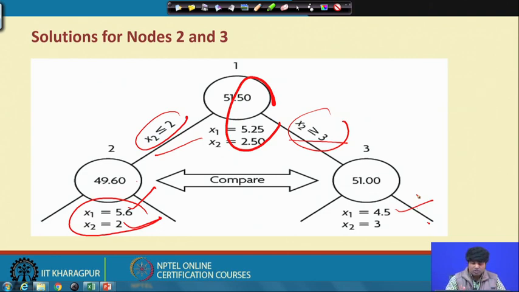So, technically corresponding to the original problem and the optimal solution, we have two different branch problems, and again corresponding to each branch we have two different sub problems. So now we have four different sub problems, and again we like to check the optimal solutions,